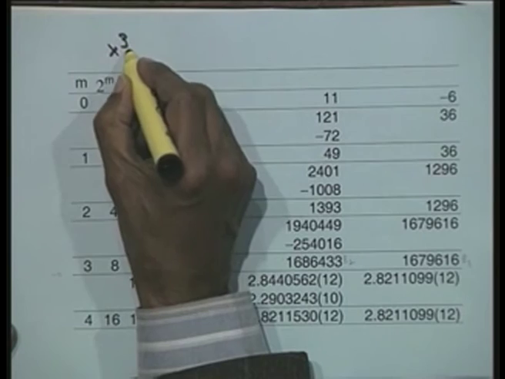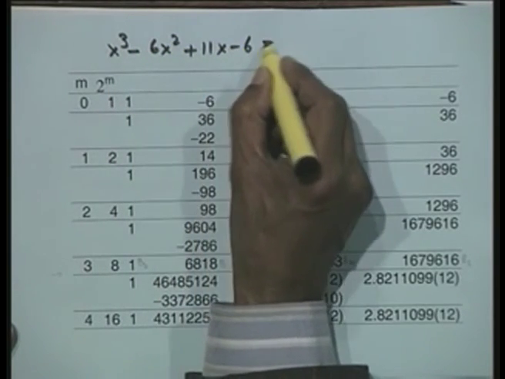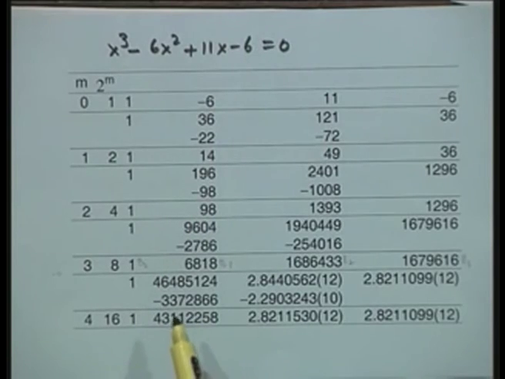I will just show a slide for you. You need not note it, I will just show you how the terms would come out. I will take an example, I will just make an observation here only, you may not note this. The equation that I am considering here is x cubed minus 6x squared plus 11x minus 6 equal to 0. This is the equation that is given here.